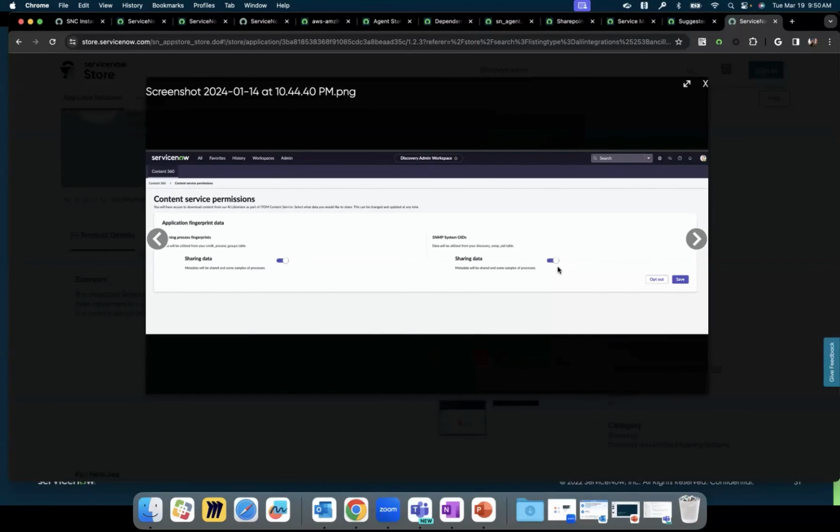A typical pattern update comes on a monthly basis, but now we are going to ship all those fingerprints to you on a weekly basis, or all the OIDs that will be shipped through the same content distribution services. And as more and more customers join this community-driven fingerprinting, we have librarians who are looking into these process classifiers. They're cataloging, using the normalized publisher and product from the software asset management library, and curating these application fingerprints. They are sending them to your instance on a weekly basis,